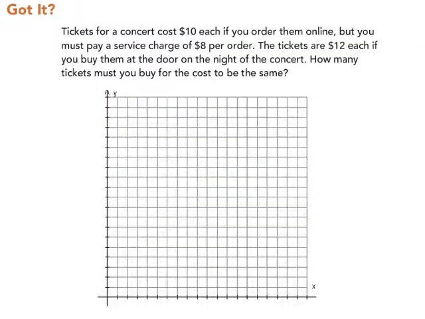In this next example, tickets for a concert cost $10 each if you order them online, but you have to pay a service charge of $8 per order, and the tickets are $12 each if you buy them at the door on the night of the concert. How many tickets must you buy for the concert tickets to be the same? So the two things we're talking about are the number of tickets that we have,